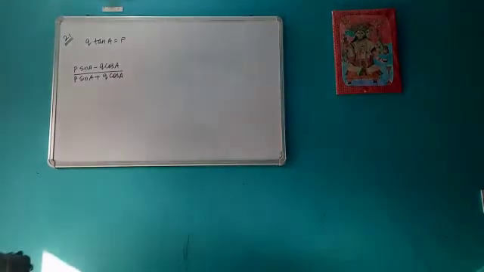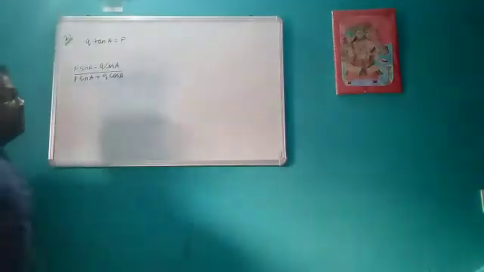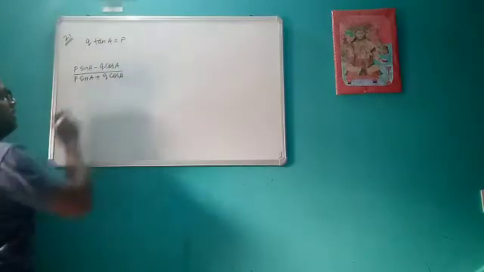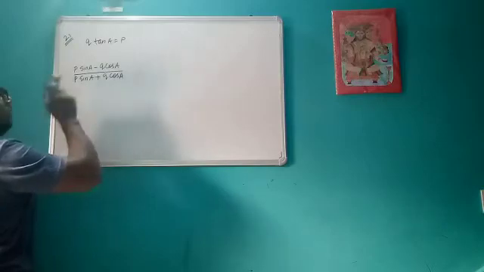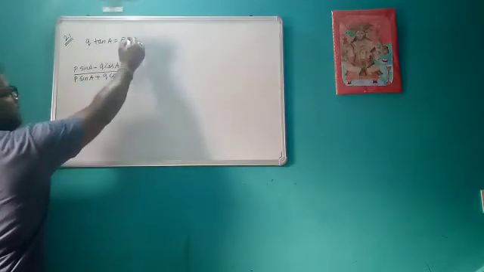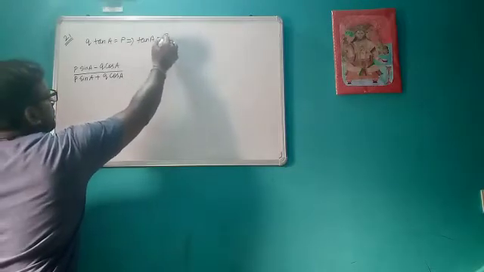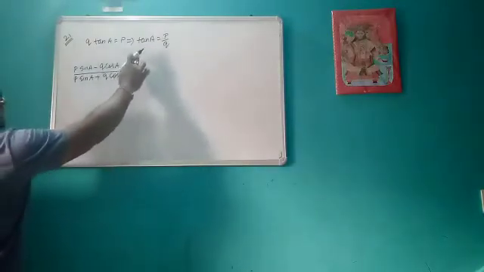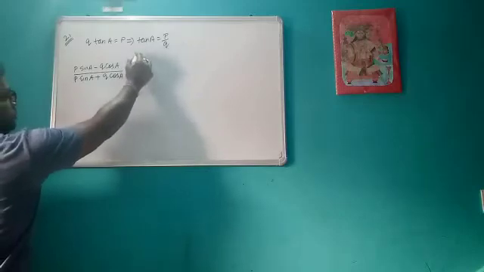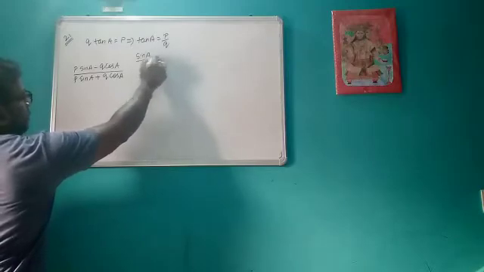Okay, let's discuss one more question. So tan A equals P upon Q is given, and with the help of this value we have to calculate the value of P sin A minus Q cos A. So what we will do, we will write it like this: tan A equal to P upon Q. Okay. So what we know is that tan A is equal to sin A upon cos A.